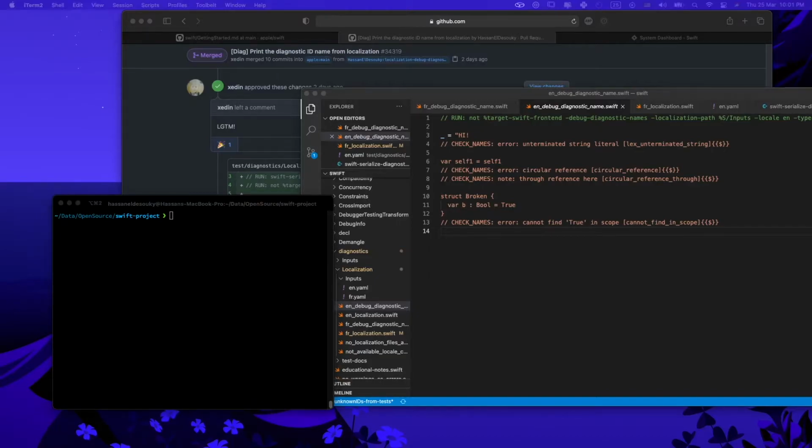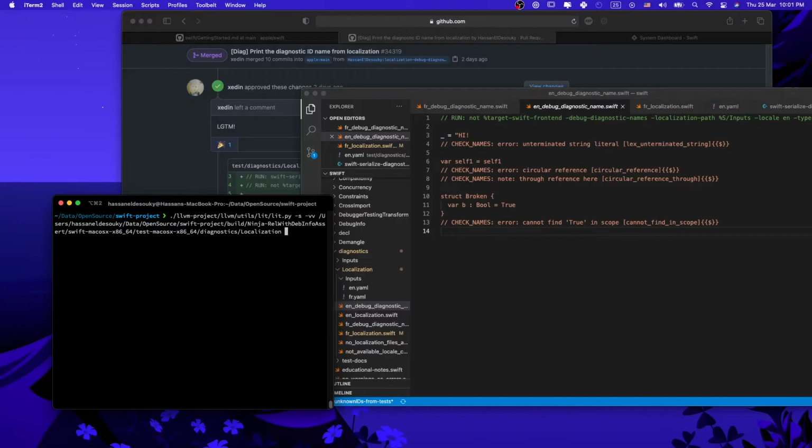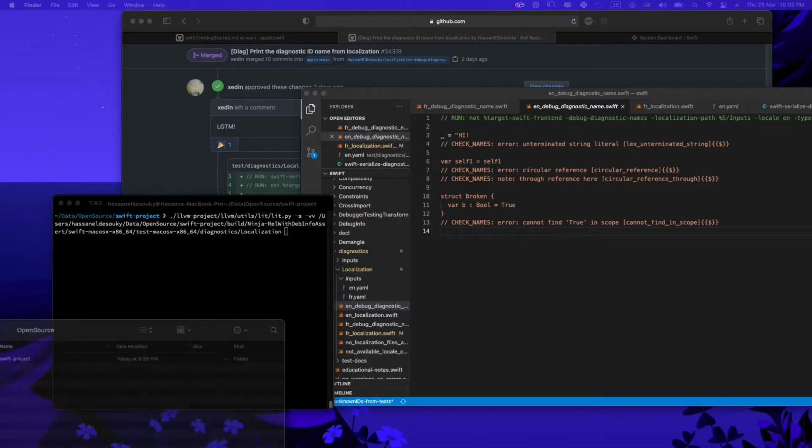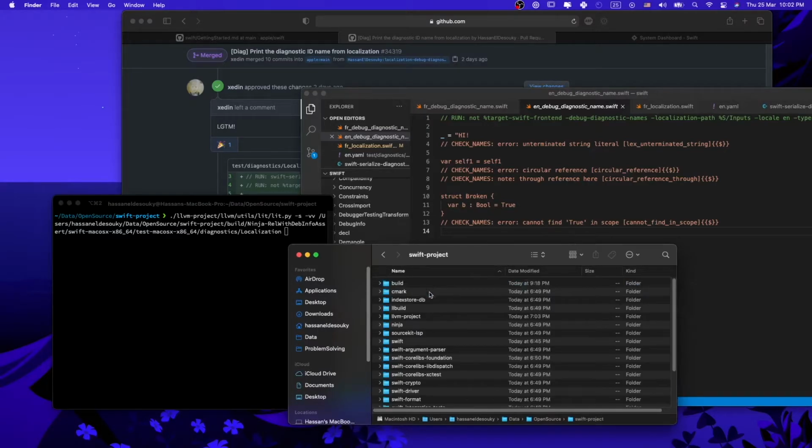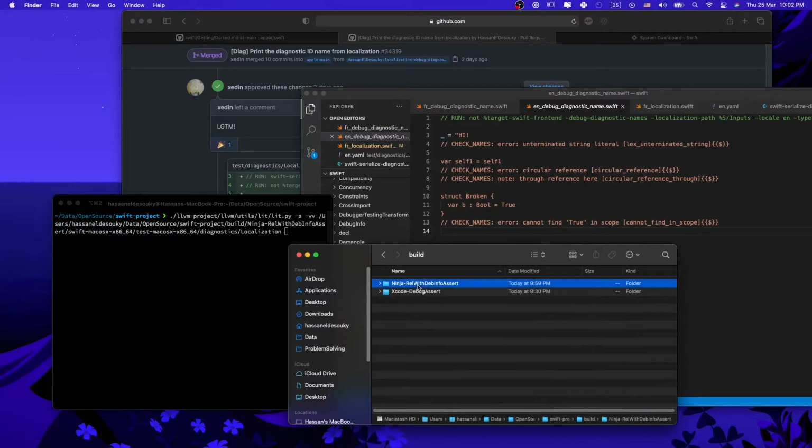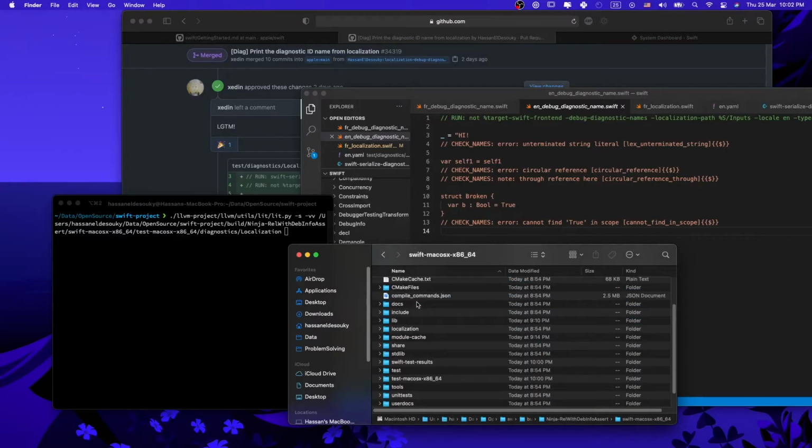on the right path. So there is a tool in the LLVM project called Lit. We use it in Swift to test our code. It will take a few parameters like -s and -vv. You can go into details in the documentation, and I will drop some links down below on what they actually do. The path you can get from the Swift project build ninja Swift